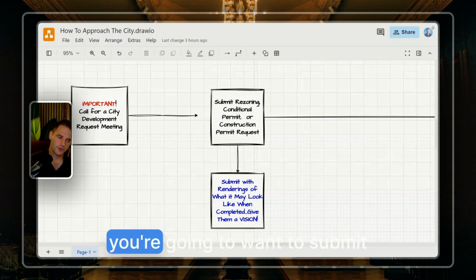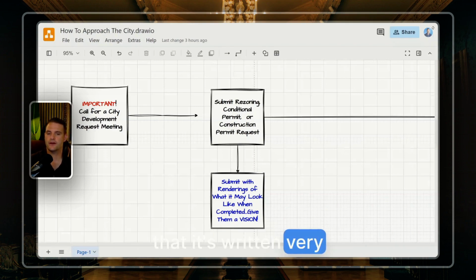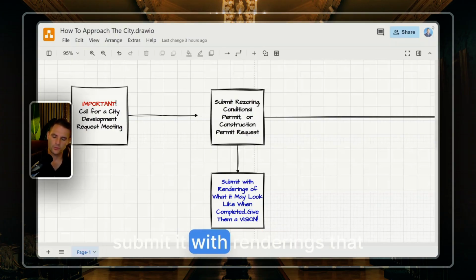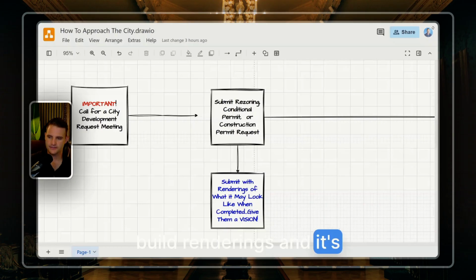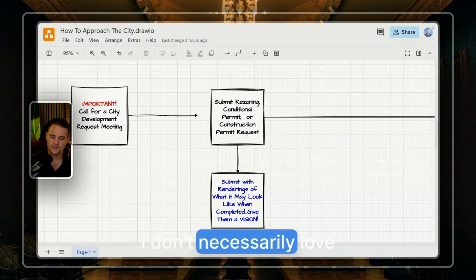So you're going to want to submit it. You're going to want to ensure that it's written very professionally, and you're going to want to submit it with renderings that are well built. Now, if you have a really good connection to someone who can build renderings and it's official and legitimate, then great. I don't necessarily love to spend that kind of cash.